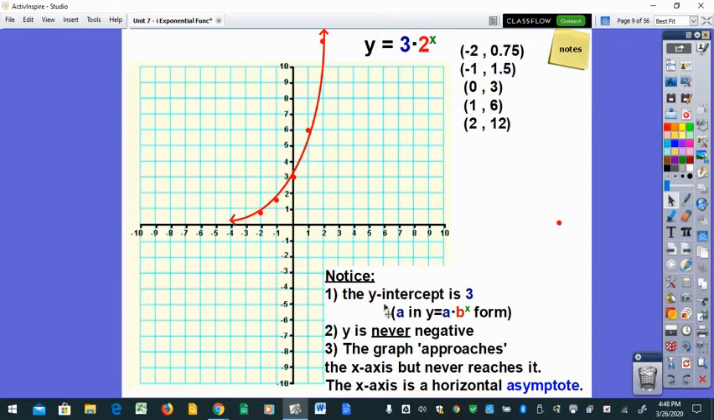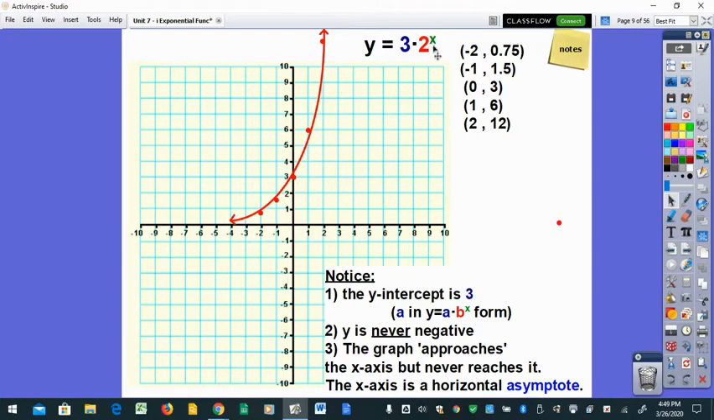Now there's just some things I want you to notice. I want you to notice that the y-intercept is 3, so where x equals 0, y equals 3, and notice the 3 right there, that's our start amount. Notice that the y is never negative, it's never coming down below the x-axis. The graph approaches the x-axis here and it gets closer and closer and closer, but it actually never reaches it,